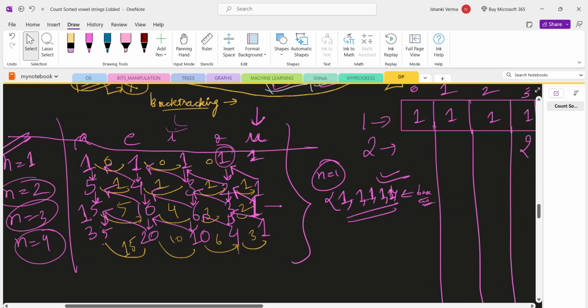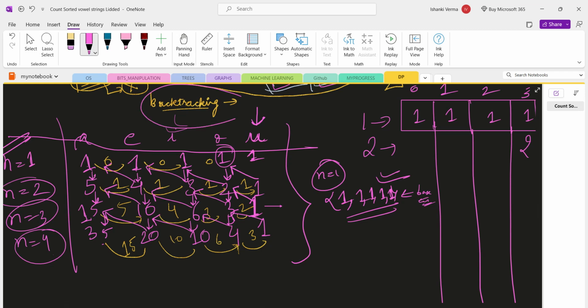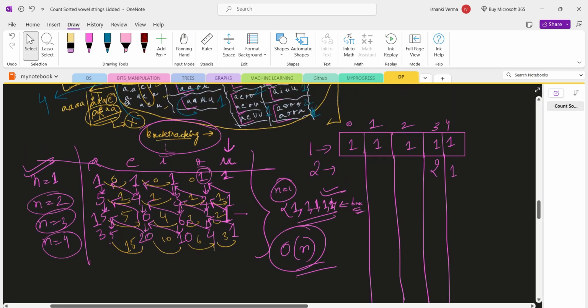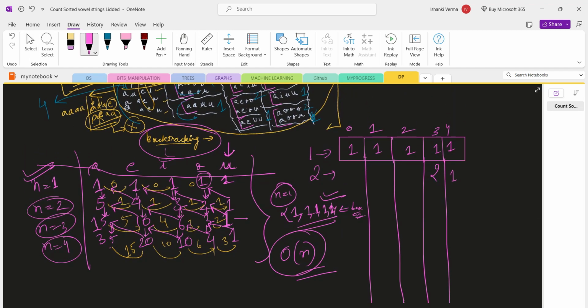We don't need to go to these tricky solutions of backtracking and all. We can easily solve this within big O of n time complexity using just a single loop and an inner loop of just 5 iterations. Why am I saying 5 iterations? Let me explain from the starting. What I am doing is I have considered a DP array, not of size n here, this will be 5. I am considering a DP array of 5 size which will be storing all the possible combinations of each character